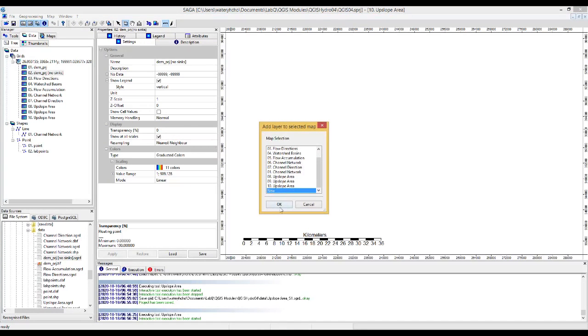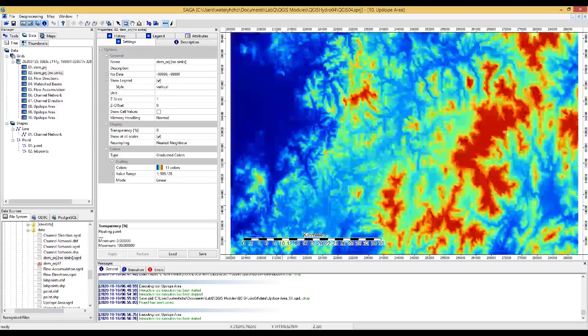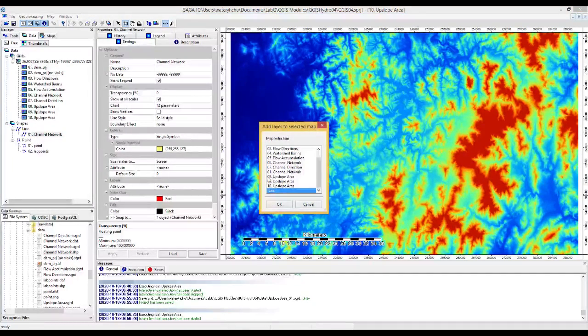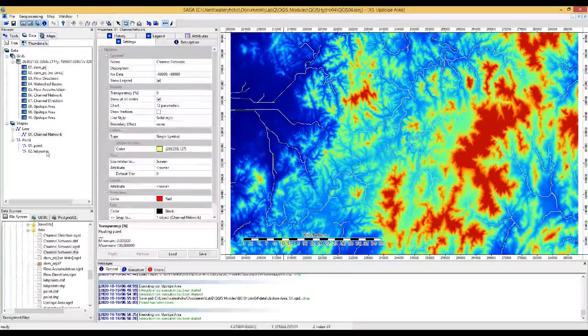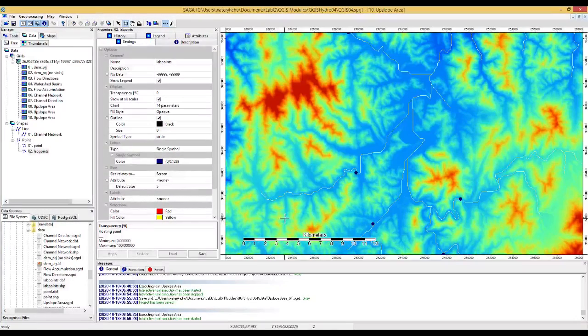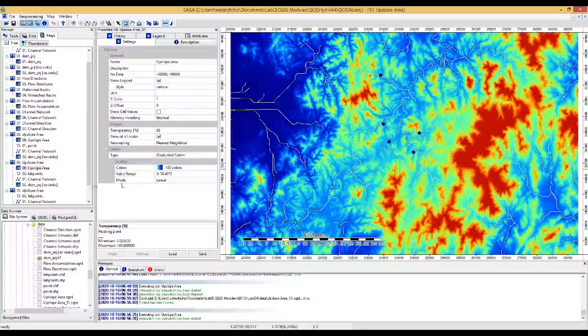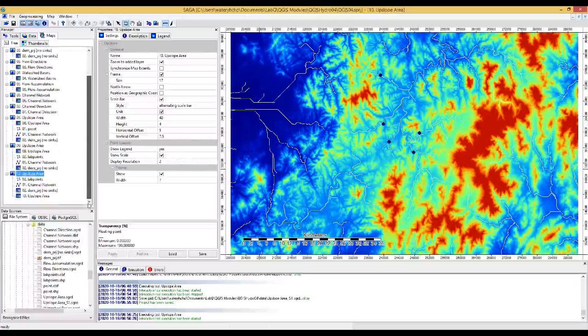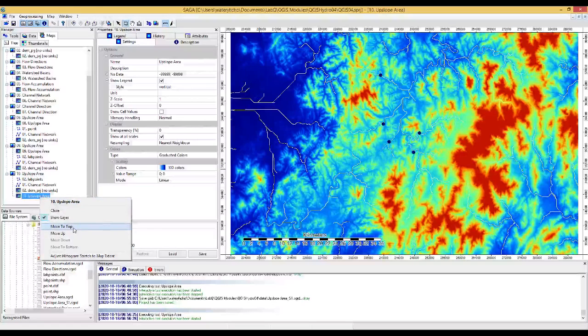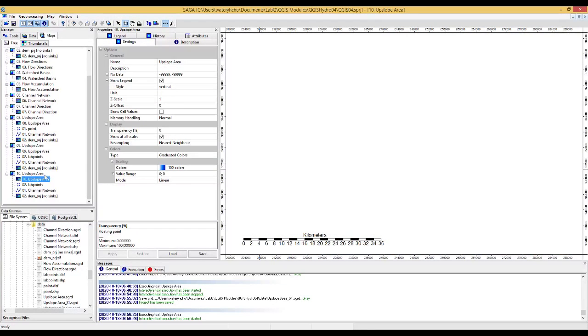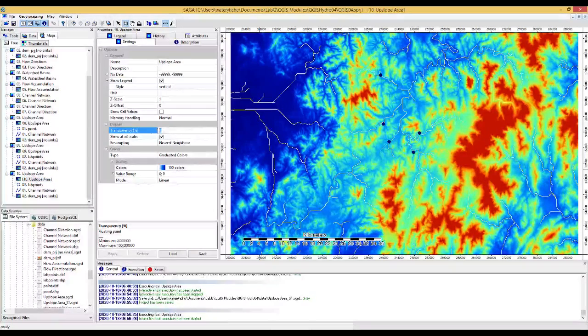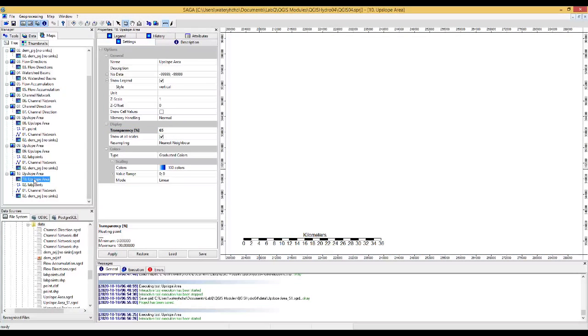Double click for the DEM projected file and this number 10 upslope area. After that, go to channel, this one, and left point also this one. So go to the map tab. Full extent for this upslope area with the number 10, and then this upslope area should be moved to top, and then double click, change transparency to 55%, and then one more double click